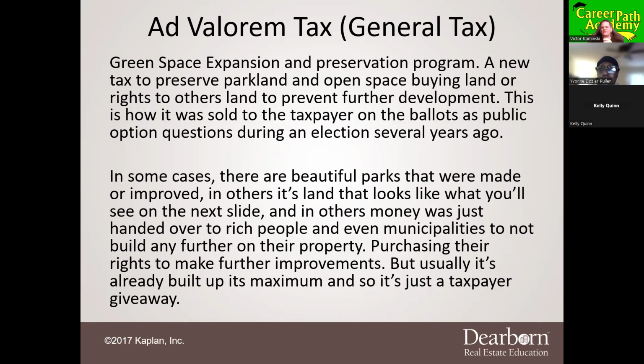But we're even seeing governments taking that money. I know in Linden High School, the Votech school, they have this big empty parkland right next to it. They said, okay, well, let's use it for ROTC and stuff like that. We're not gonna develop that. So the city took a boatload of money for agreeing not to further develop it.